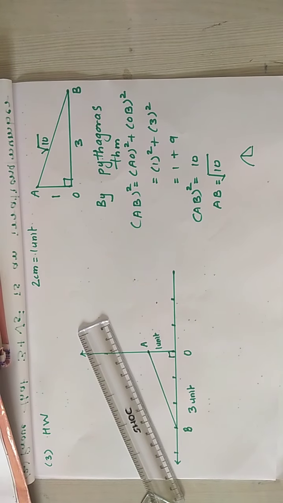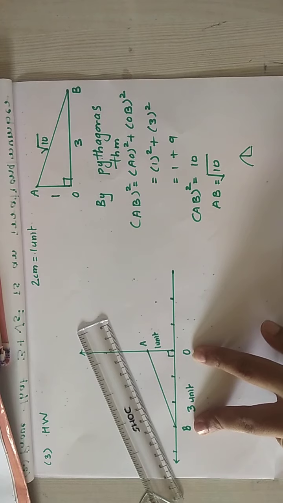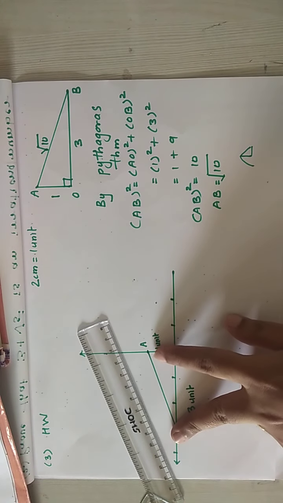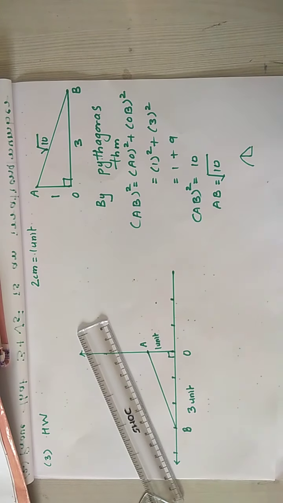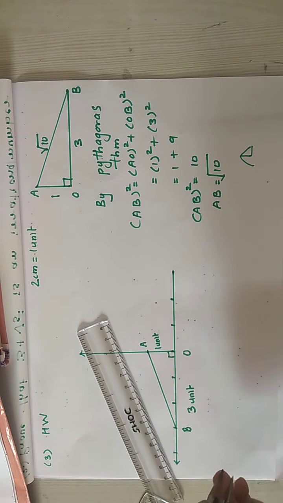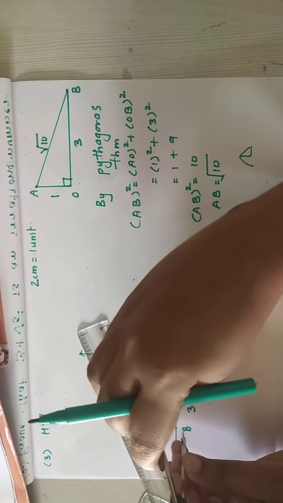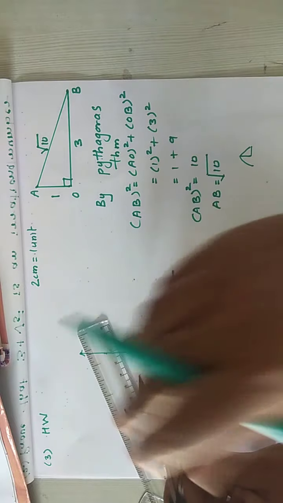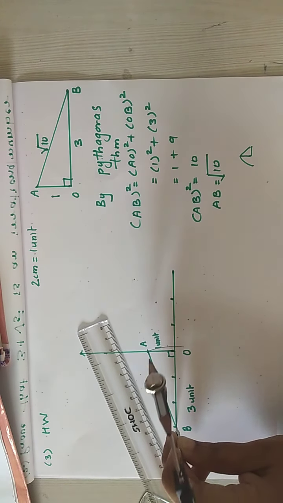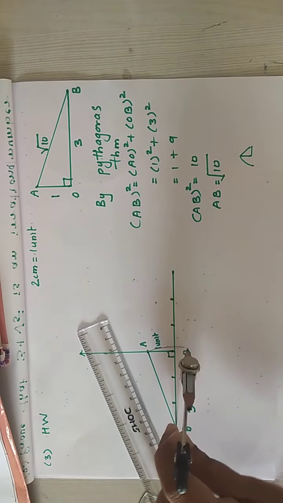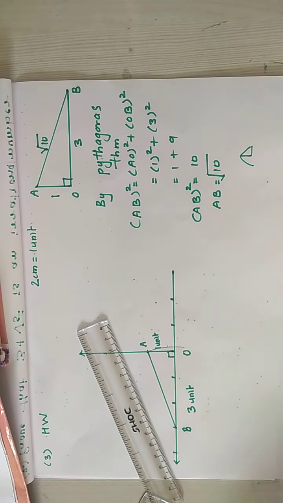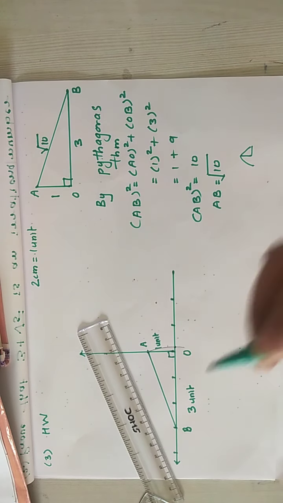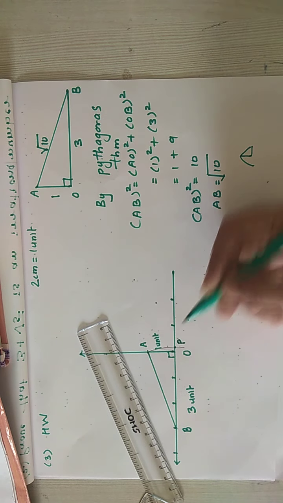So this is a right angle triangle in which one side is 3 units, other side is 1 unit. That means hypotenuse should be root 10 units. So let's take this hypotenuse in the rounder, and draw an arc down. Take the measurement AB in the rounder and make an arc down. So where it cuts on the number line, if you'll observe, it cuts here on the number line, right? Call this point as P.